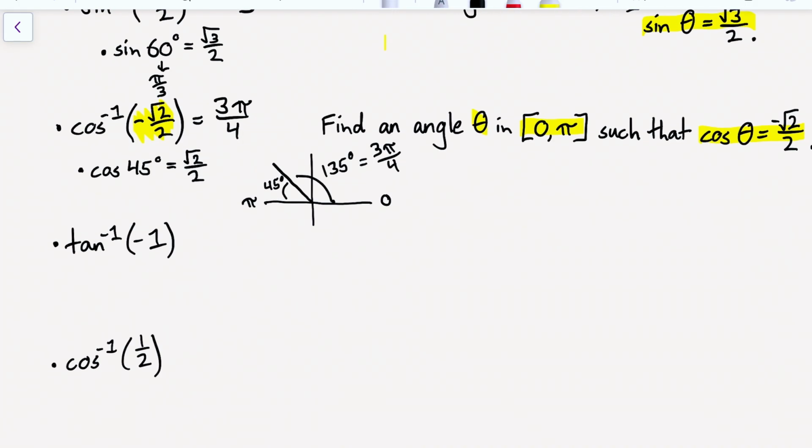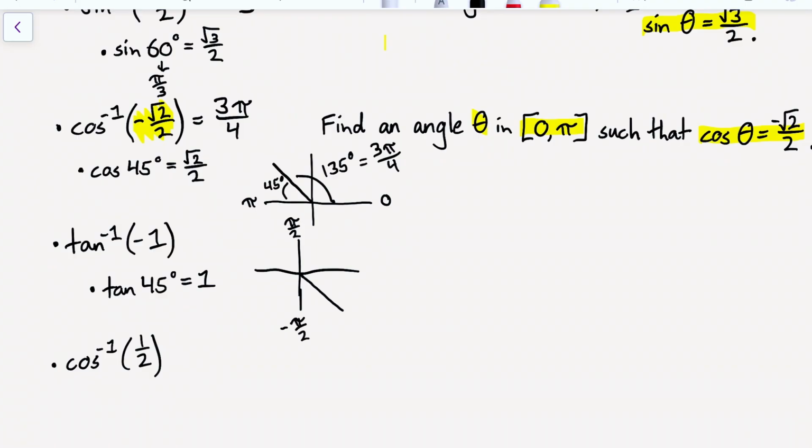Third, if I want to find tangent inverse of negative 1, I'm looking for an angle from negative pi over 2 to positive pi over 2 such that the tangent of that angle is negative 1. The corresponding trigonometry fact is that tangent of 45 degrees equals 1. And I want to find an angle from pi over 2 to negative pi over 2 with a tangent of